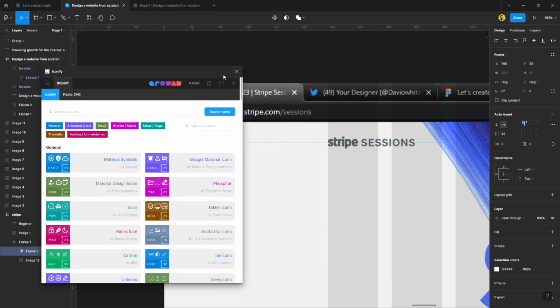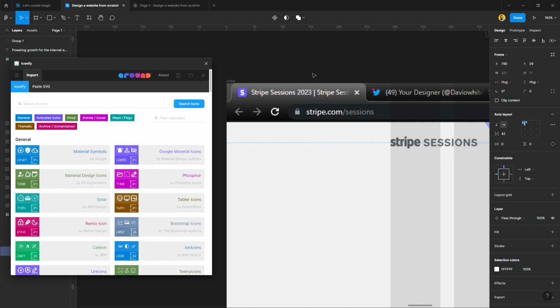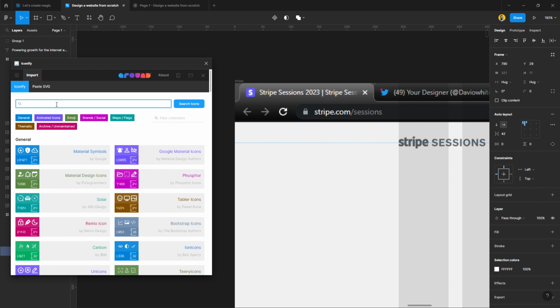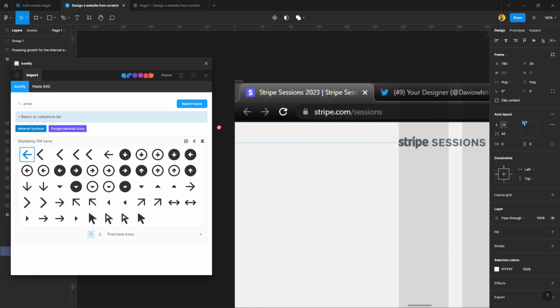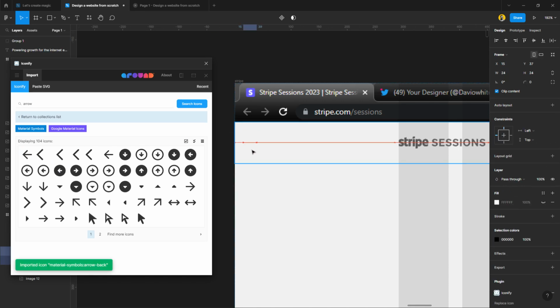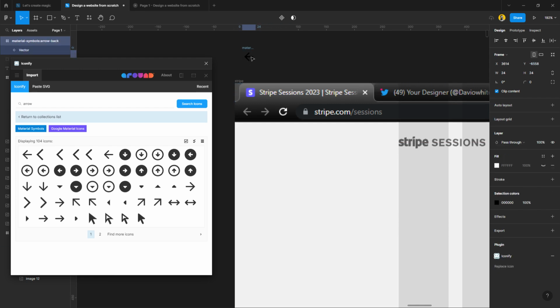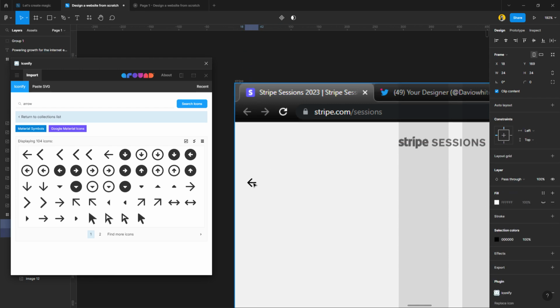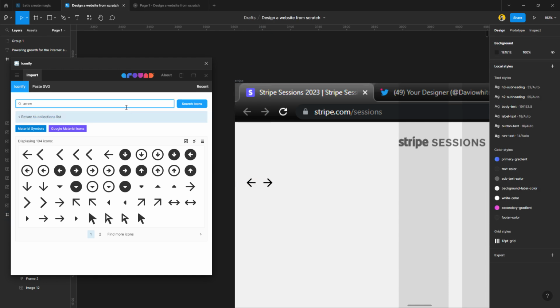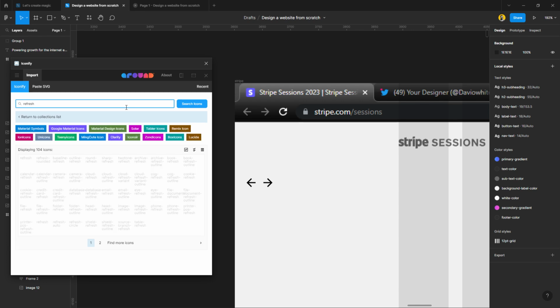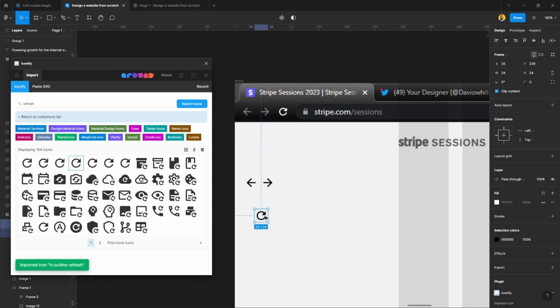You can always grab this from the community, but if you want to design it, you can just search for it. So I'm going to search arrow. Right, I have the arrow here. Bring that into our design. Right, and we have it. We can duplicate it. Press Shift plus H to flip it horizontally, and we have that. We're going to press reload or refresh. Let's try refresh first. Yeah, so we have that as well, and we're going to type lock,